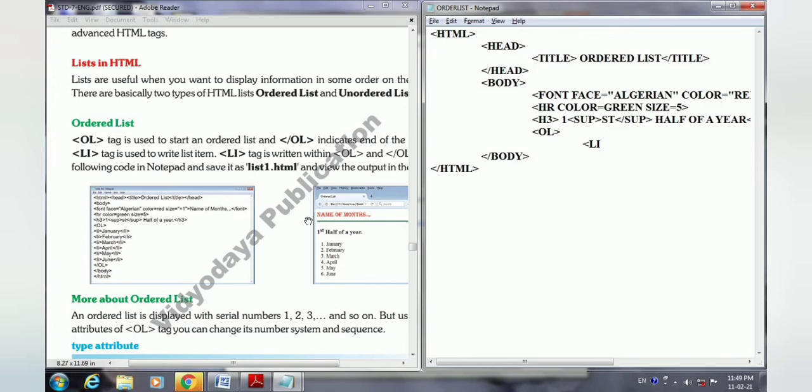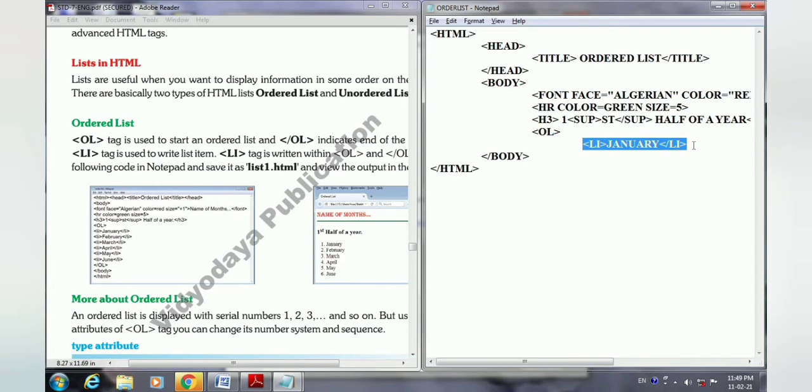So now we will use the LI tag. And in the first LI tag, we will write the first name of the month, that is January. Don't write the numbers here, like 1, because 1 will come automatically because of the OL. You just have to write the name of a month like this in the LI tag.